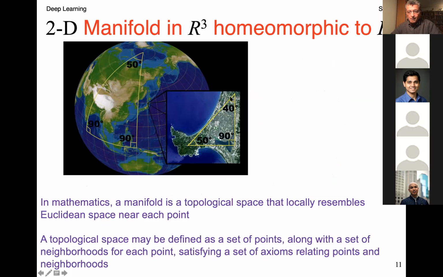Here is an interesting one. A 2D manifold in R3 is homeomorphic to R2. So look at this. We have a three-dimensional globe here, and let's say we started at the North Pole, and we drew 2 lines, which were 50 degrees apart, right, at the North Pole. So that traces here this triangular region on the surface of the Earth,